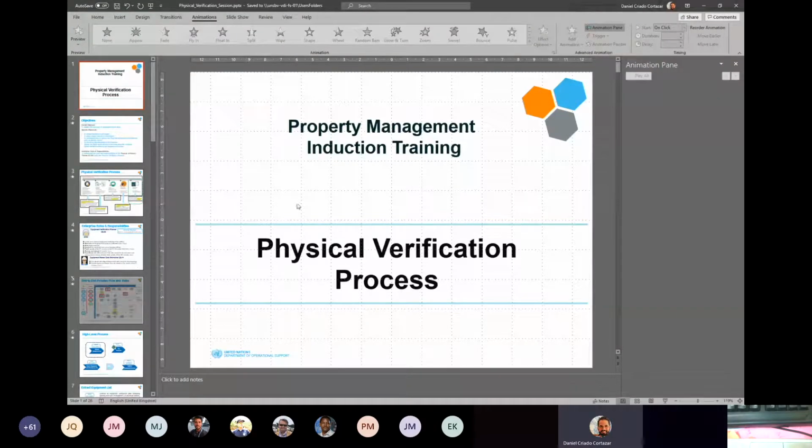For the physical verification process, as you understood yesterday, it's quite important to do it well, because eventually it will have an impact on the equipment master record. This equipment master record will eventually be updated based on the PV process. And then, especially in a situation like we are in now, with the downsizing of missions or the liquidation of missions, this physical verification process, the counting and controlling process, is of utmost importance, because that